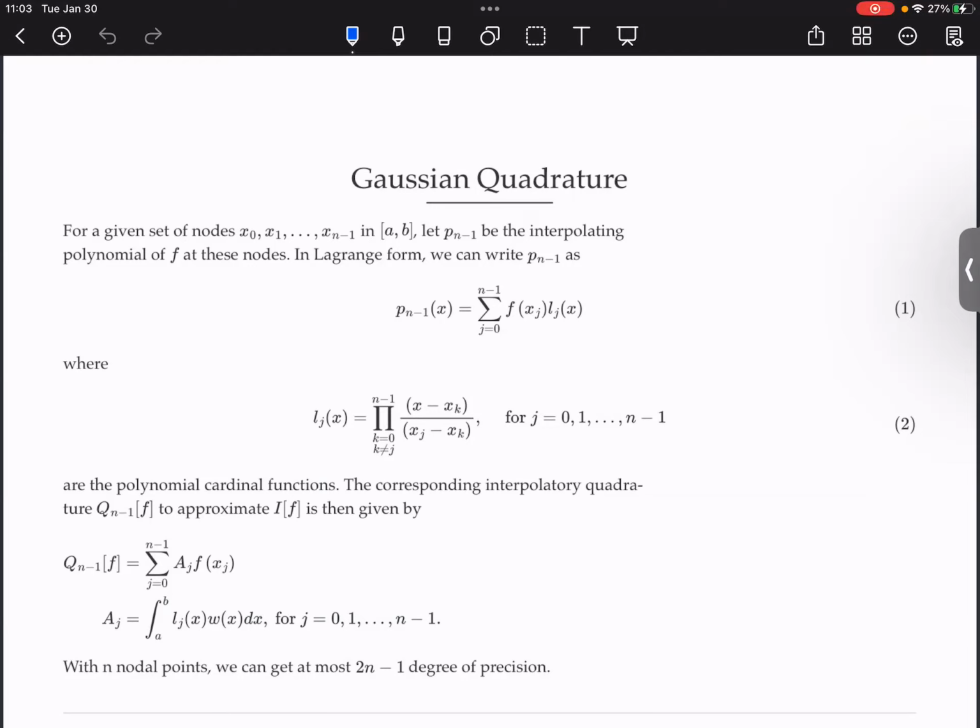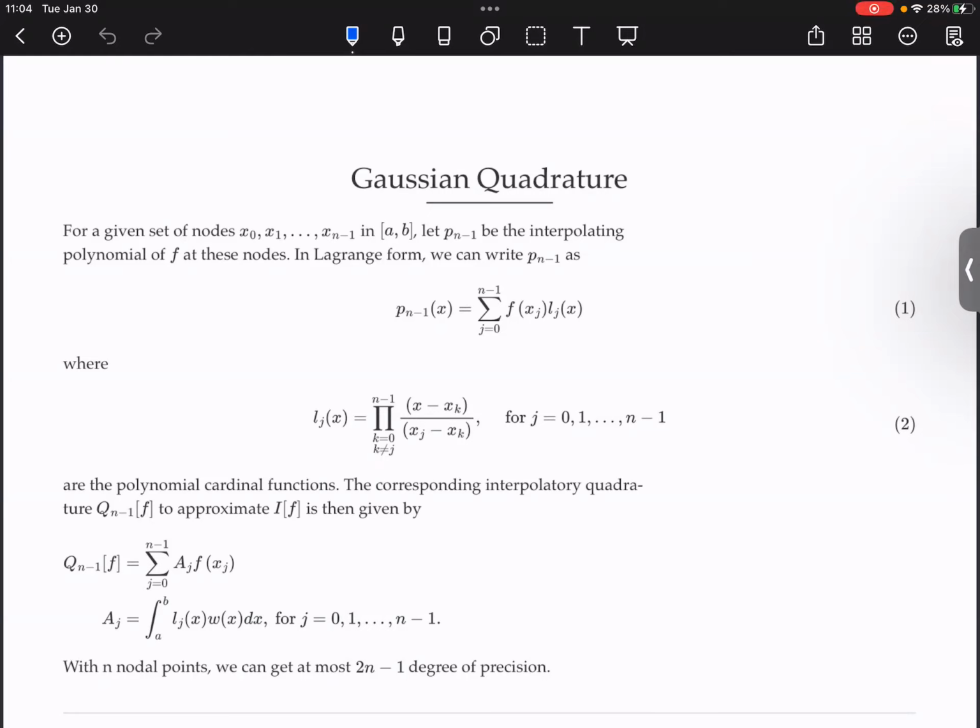This is the n-1 degree polynomial, and we express the Lagrange form in this way. If we do the integration, this is the general form for the quadrature rule, and we get such a quadrature formula to approximate the integrals. And this is something we have already